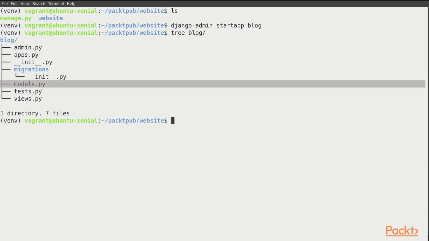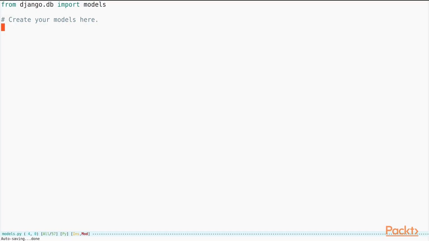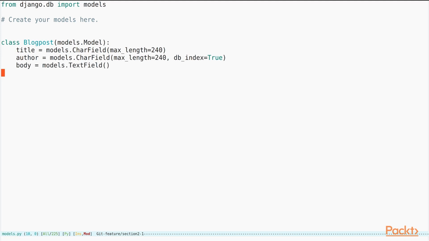We will take a look at each of these files for the duration of the course, but first we want to be looking in the models.py file. By default, the file looks like this. The first statement is an import statement which imports the required module inside our code. A model is a representation of a database table, and it can be declared as a Python class that inherits from the models.Model class. Here we are telling Django to create a database table called blog post, which will have